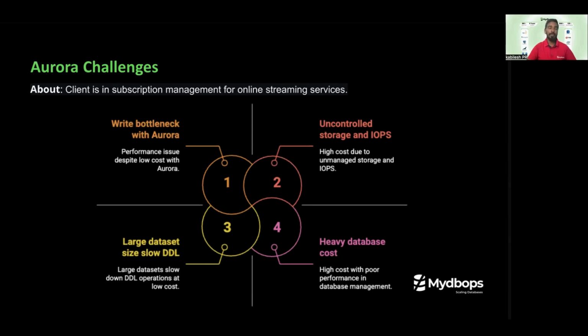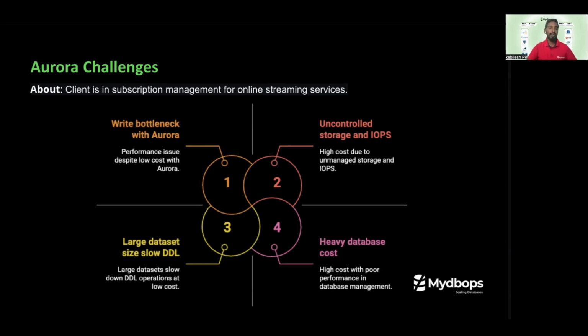This customer is a subscription management customer for online streaming services, for example, Hotstar. They maintain customer details like OTP and logins, and multiple things are involved there. The issue was, for example, when there is peak traffic, like when an IPL or a Super Bowl is happening, the number of users increases and the pressure on the database increases with respect to writes. That means they have to generate the OTP, send it to the customer, and update it back. This was a major thing.